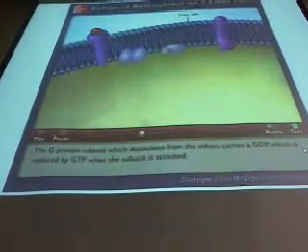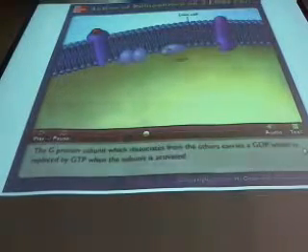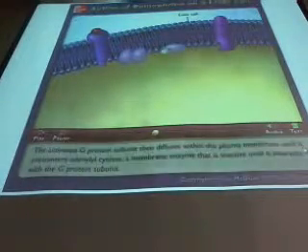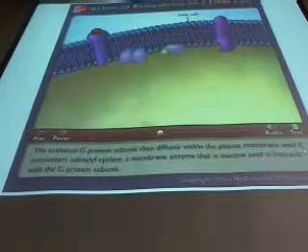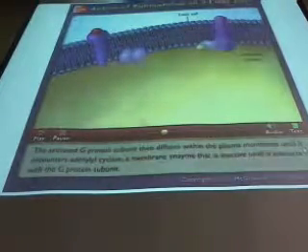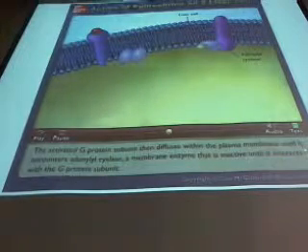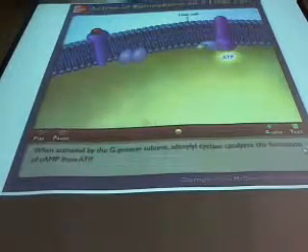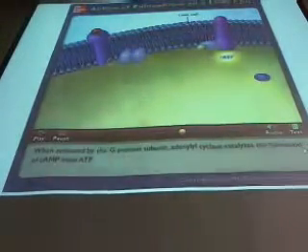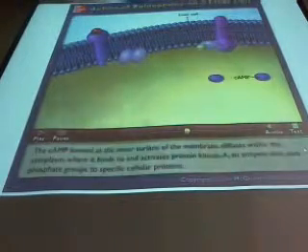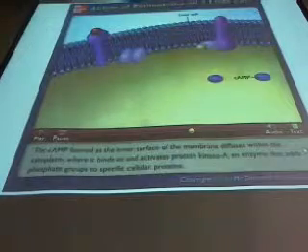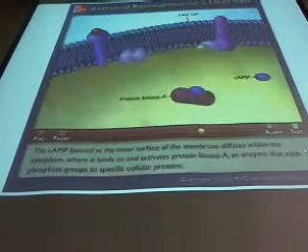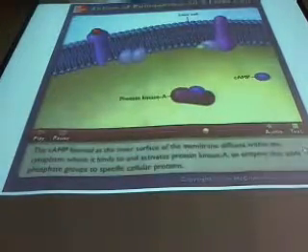The G protein subunit which dissociates from the others carries a GDP, which is replaced by GTP when the subunit is activated. The activated G protein subunit then diffuses within the plasma membrane until it encounters adenylyl cyclase, a membrane enzyme that is inactive until it interacts with the G protein subunit. When activated by the G protein subunit, adenylyl cyclase catalyzes the formation of cAMP from ATP. The cAMP formed at the inner surface of the membrane diffuses within the cytoplasm, where it binds to and activates protein kinase A,